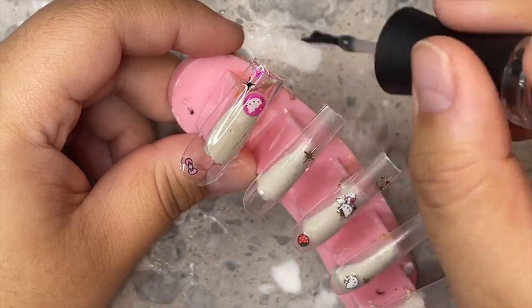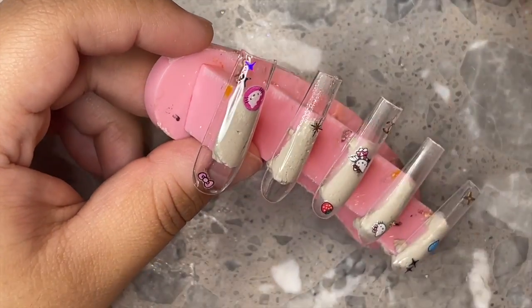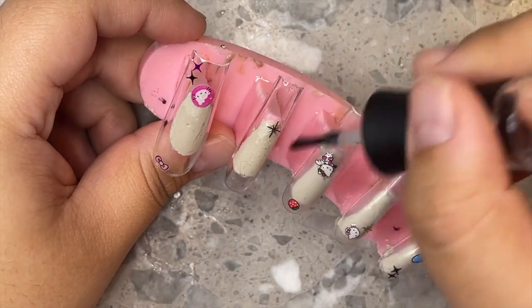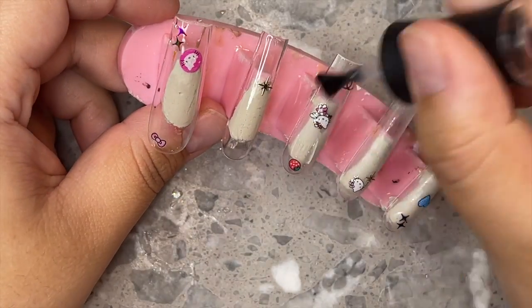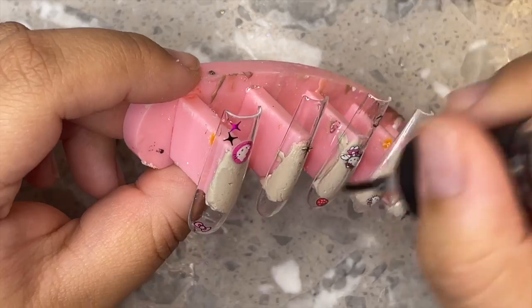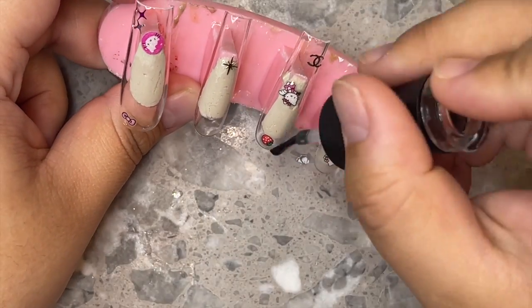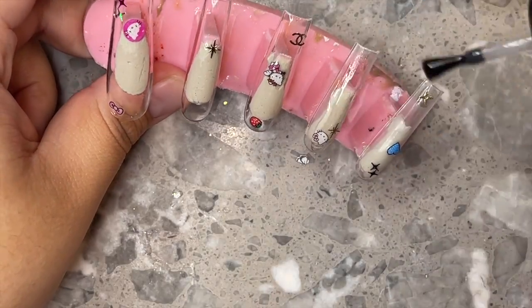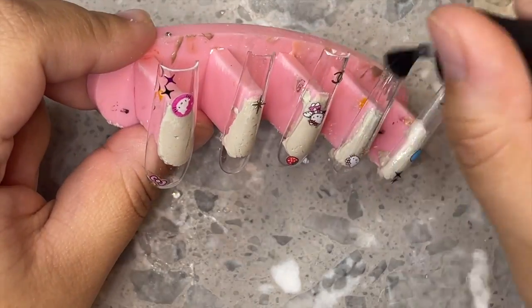And like I mentioned, I am base coating all of this. You can do 1 to 2 coats of base coat, it's up to how much you need. Just make sure that the little pieces aren't sticking out of the base coat, because you don't want it to peel off. So yes, I'm just going to be doing that, and then